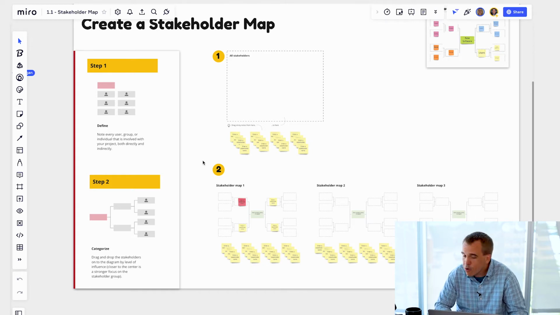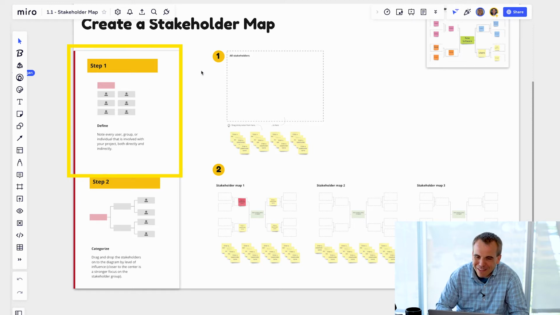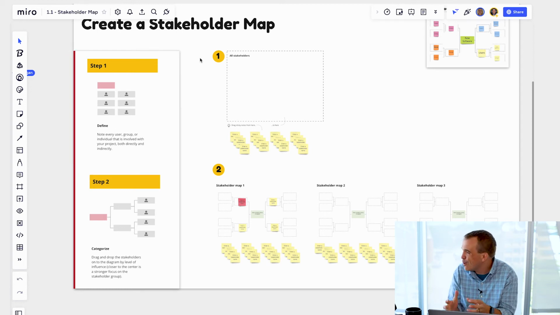In this case, with a stakeholder, we have a step number 1, which is organized and numerically labeled over on the right-hand side about where we're gonna brainstorm all of our stakeholders, and then a step number 2 about how we're gonna organize those stakeholders. Now, Megan,